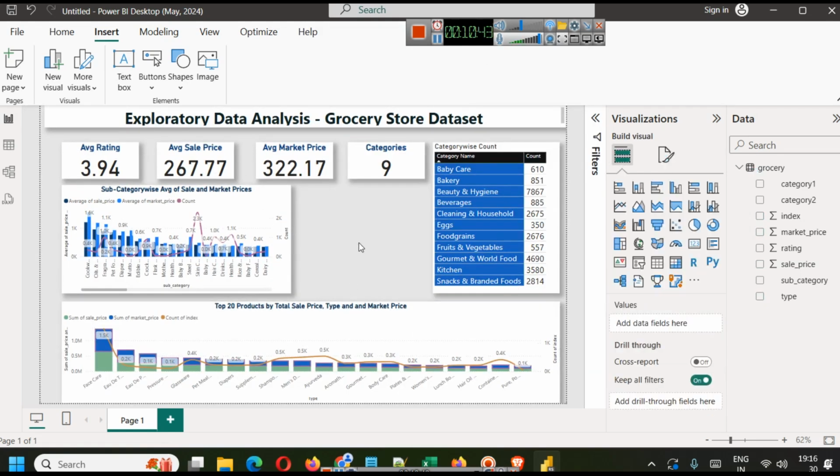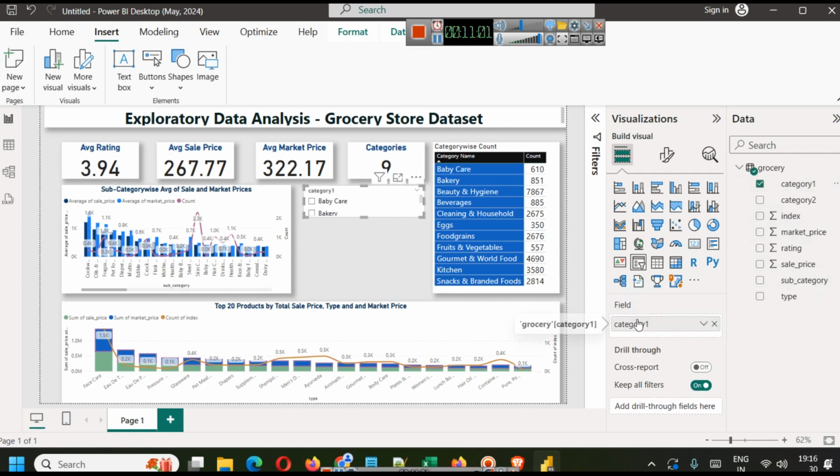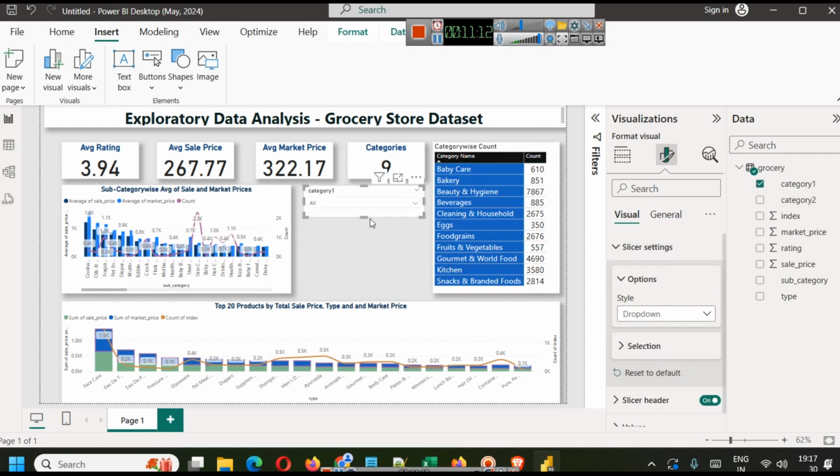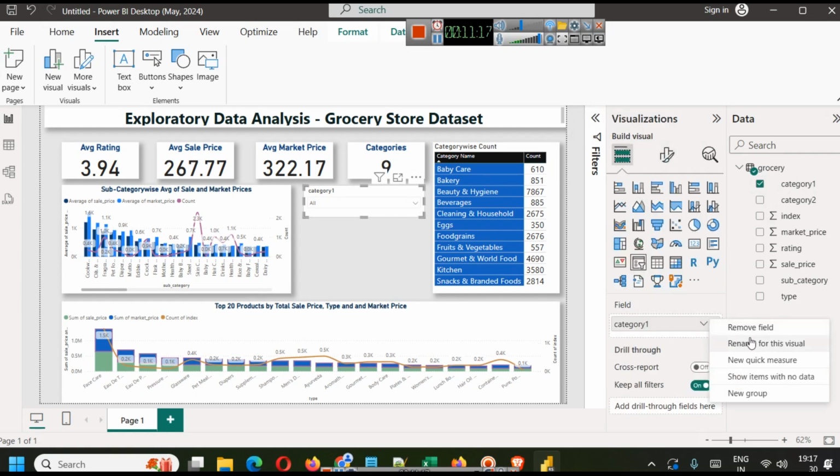This is a simple dashboard. Here we can now put some filters. For example, for filters we can put a slicer. So let's add a slicer in between, and here we will add category. If you want, you can also use category 2. We are just using category here, and in slicer settings we will say just show drop down. In slicer we will say category. So rename this visual as category,